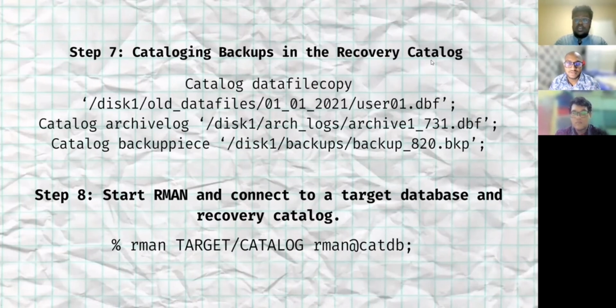Step 7 is cataloging backups in the recovery catalog. So catalog datafilecopy to the location that will be this one, the old datafile 01012021 and user01.dbf. So that's the name, and catalog archivelog and the place and archive1_731.dbf, and catalog backuppiece, and the same place is this one, backups, backup_820.bkp. So this is what we have to do in step 7, and step 8 is to start RMAN